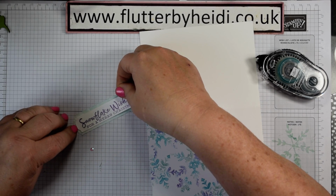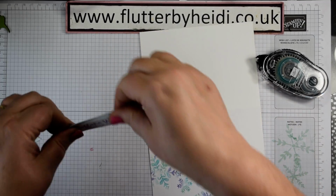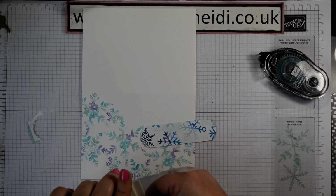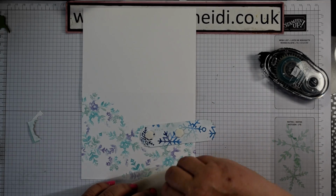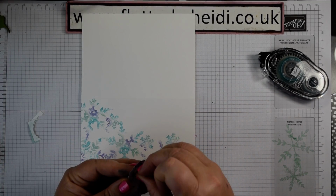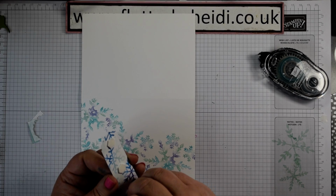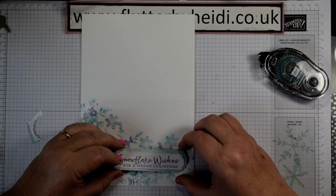So again, this is another one where, if you're just starting out, it just shows that our stamp sets don't have to be used with all the bits in the suite. You can buy some of it, and as you gain in confidence, add a little bit more to it. Obviously you get the bundle discount, and that's always tempting, but budgets don't always allow for that. So this is a way of using the stamp set, creating that lovely effect of these multicoloured snowflakes, and creating our lovely, quick and easy